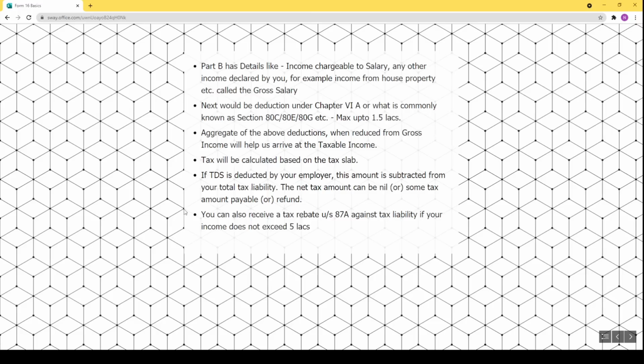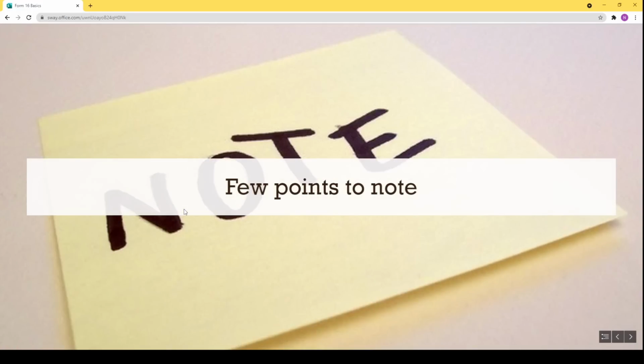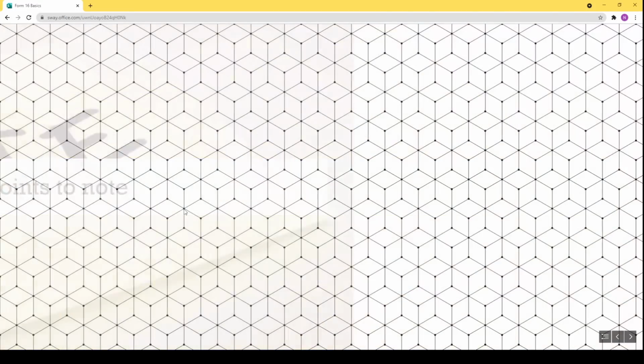Further, you can also receive a tax rebate under 87A against the tax liability if your overall taxable income does not exceed 5 lakh rupees. There are a few points that we should note.